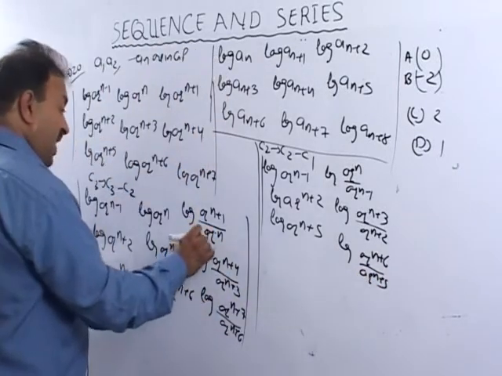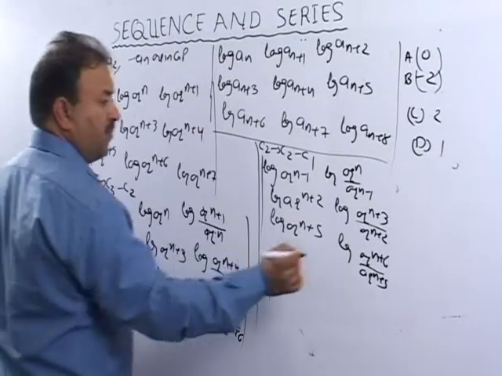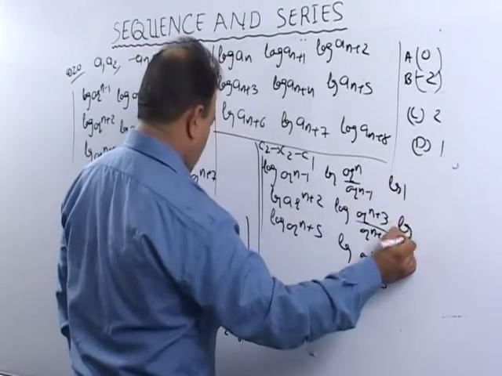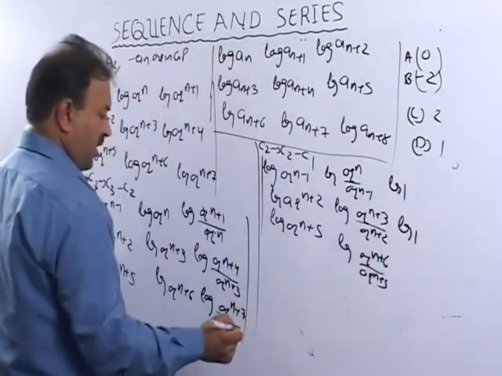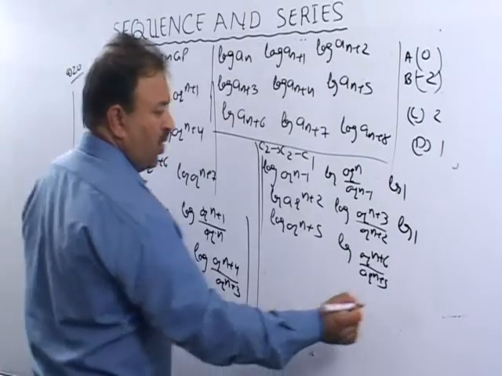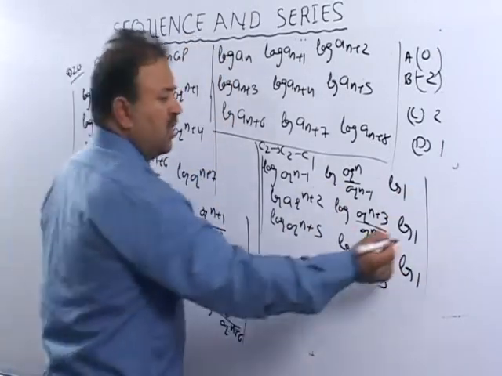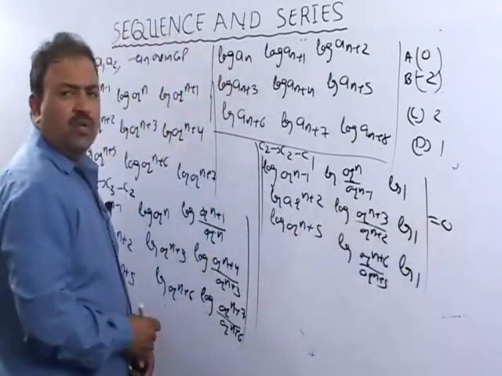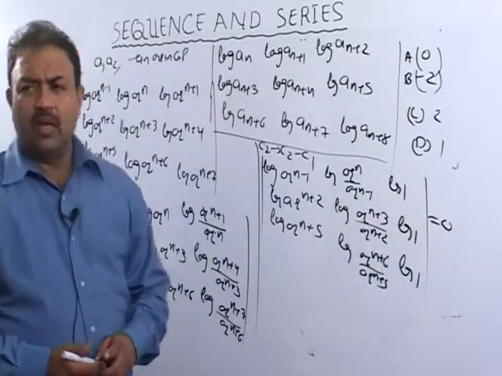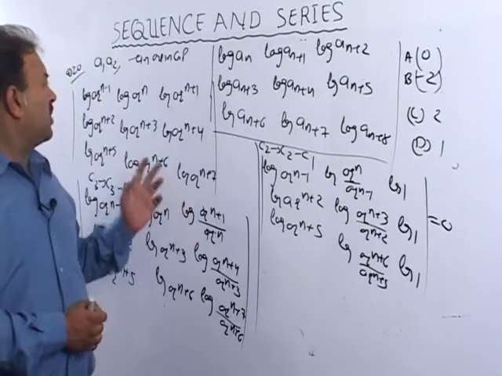यहाँ पे क्या आएगा? A will be cancelled out, log 1, log 1, log 1, log 1. It comes out to r^(n+4), log 1, log 1. Already we are getting it what? 3 zeros. Log 1 is 0. So we can write down the answer comes out to be 0. Next problem based on this property is,